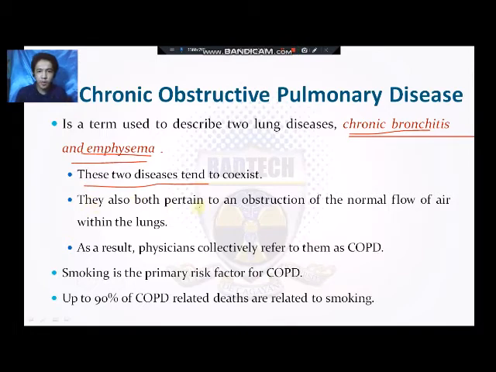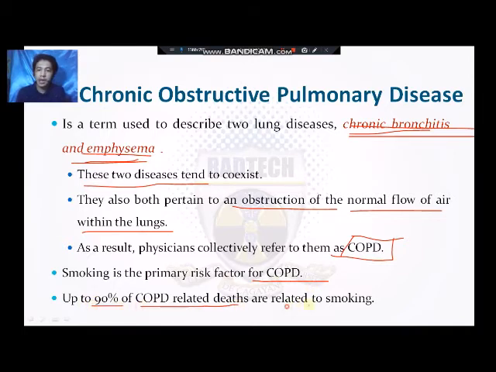Okay, they also both pertain to an obstruction of the normal flow of air within the lungs. As a result, physicians collectively refer to chronic bronchitis and emphysema as COPD, chronic obstructive pulmonary disease, because they both pertain to obstruction of the normal flow of air within the lungs. Okay, so smoking is the primary risk factor for COPD, and up to 90% of COPD related deaths are related